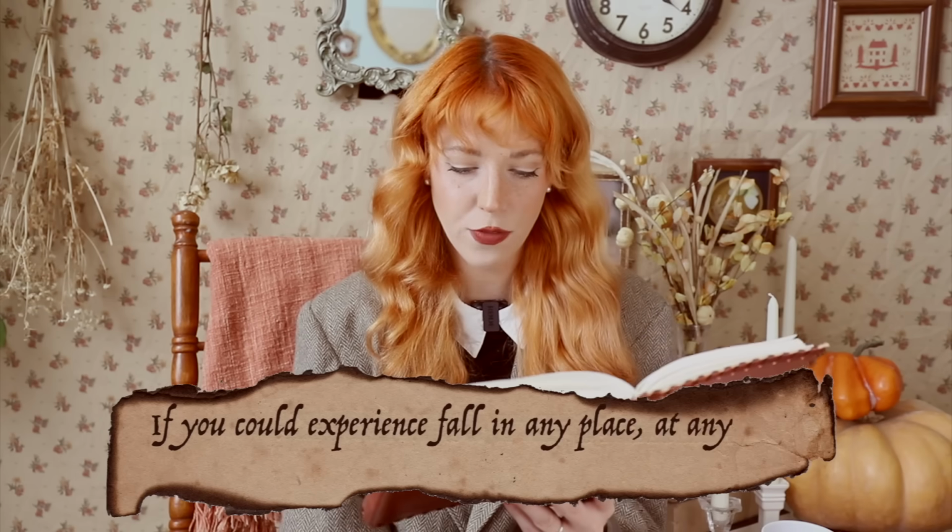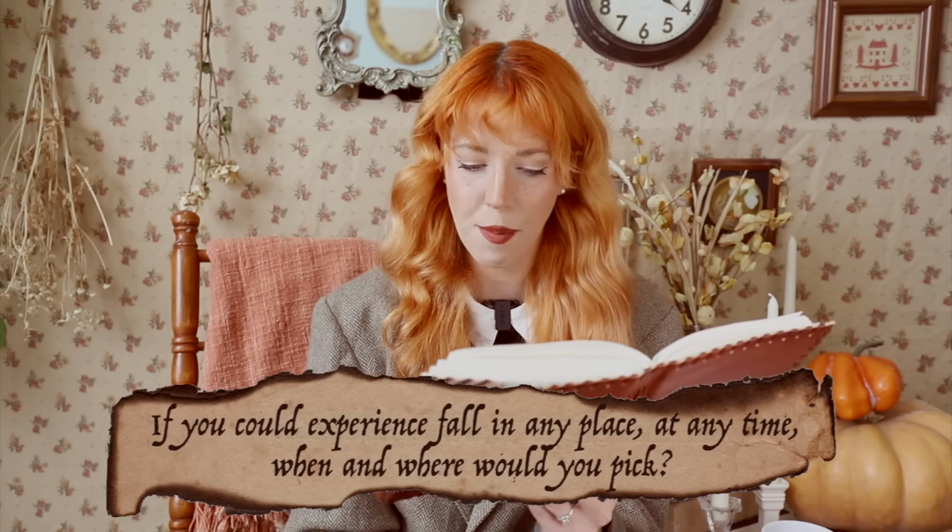If you could experience fall in any place and any time, when and where would you pick? Probably the Celtic festival of Samhain in historic Ireland. But our Halloween that we celebrate in America is so different from the roots and the origin of where Halloween came from in the first place, which mostly is from Samhain. But yeah, I would love to experience